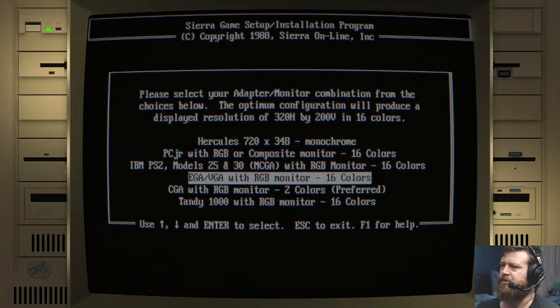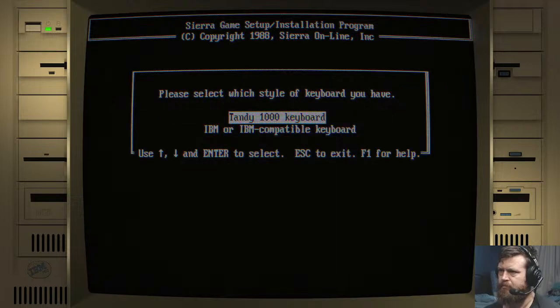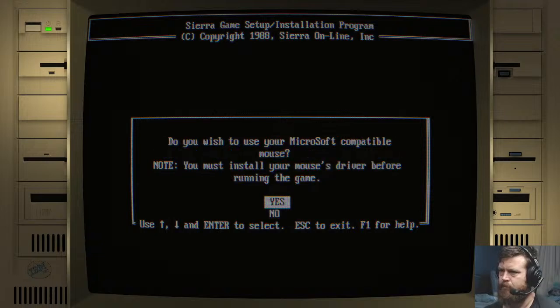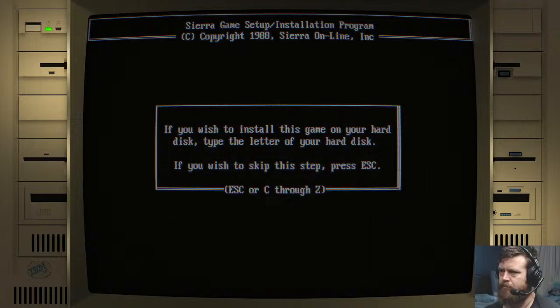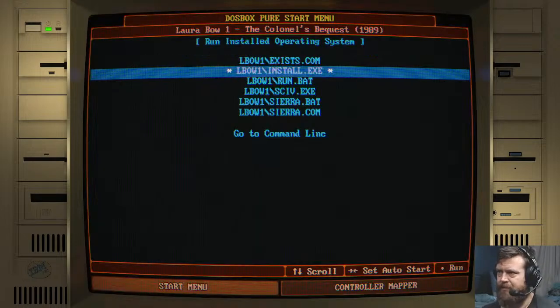I still love that PC Junior is a thing. Eh.